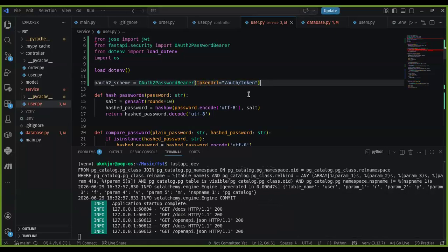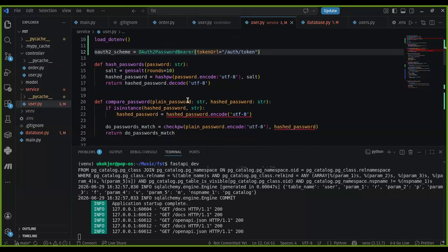So then the next thing is we want to actually authenticate our user. Okay, so this is how we are going to do it. Now we are going to authenticate our user in the route that we want to restrict. You know, that route, it's not anybody that can just call it or use that particular route as they want to use. So this is how we will do it. We'll go to